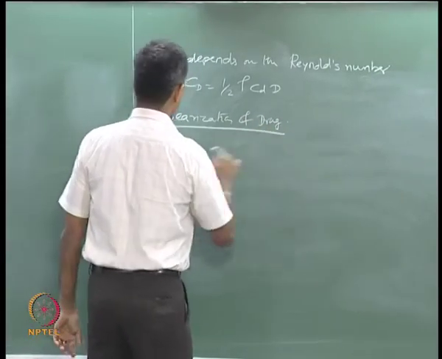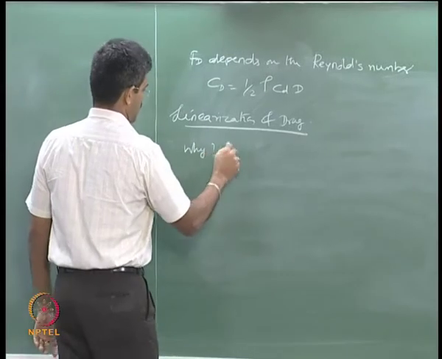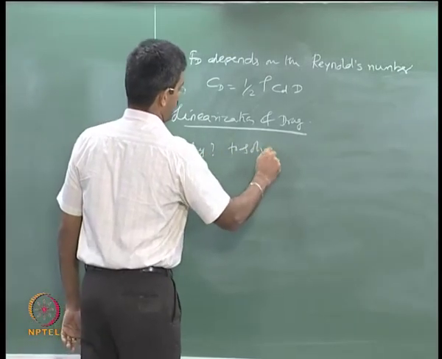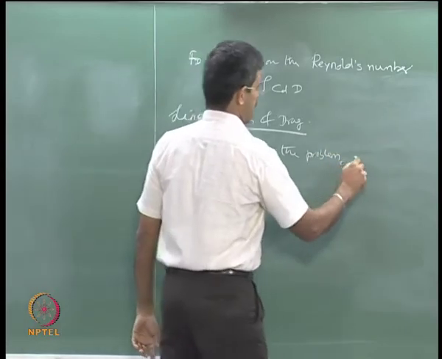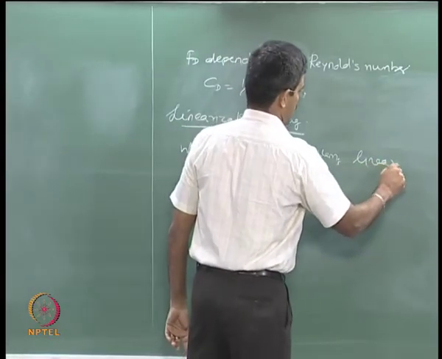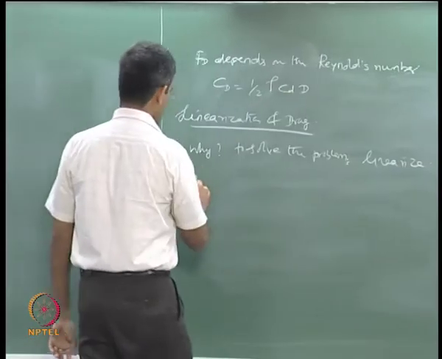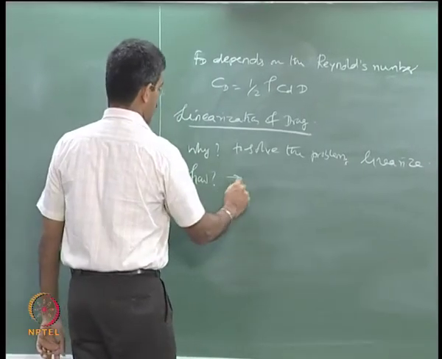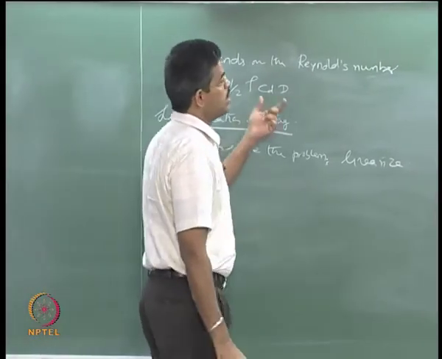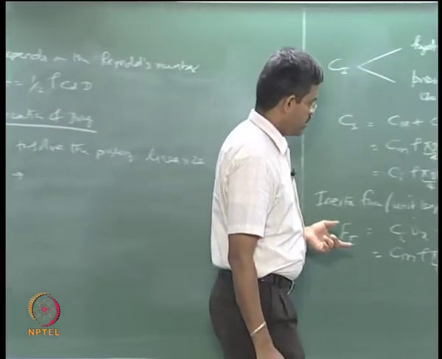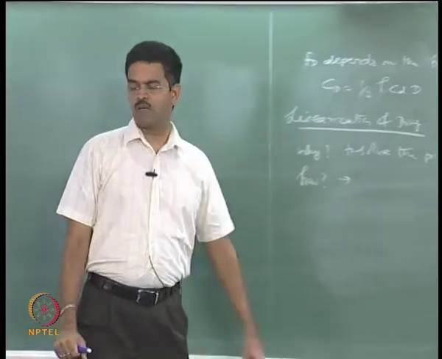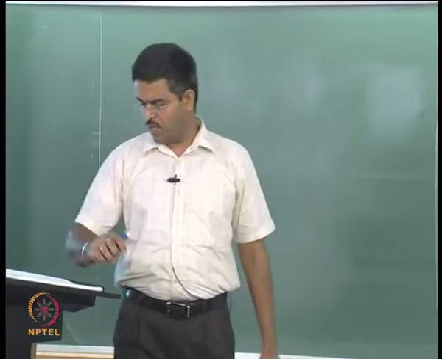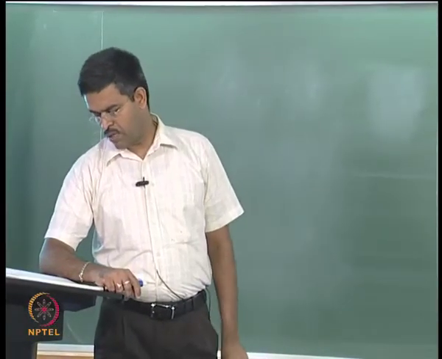Why is it required? Because I need to solve the problem, I can linearize it. How it is done is what we will see now. Where it is nonlinear, there is a term in the original equation where we wrote Vx and Vx getting multiplied with an absolute sign. So, that represents the nature of the force acting on the member.